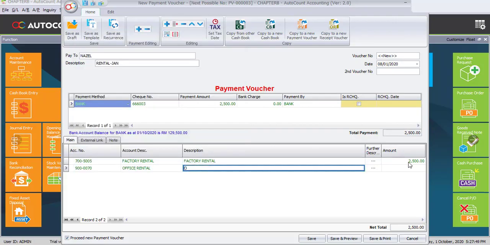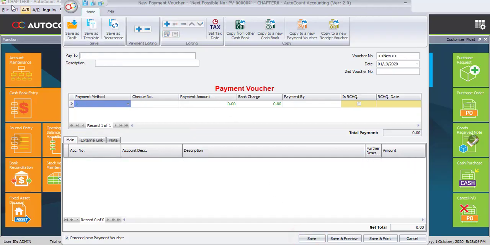And description is office rental. Amount 2,500 ringgit. So the total is 5,000 ringgit and automatically posted to payment amount. Click on save. Next one, pay to